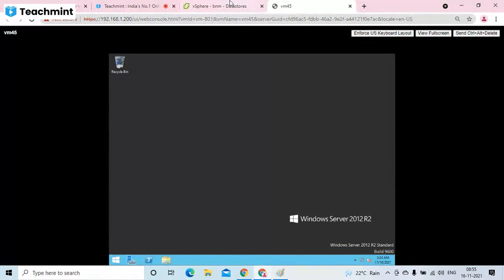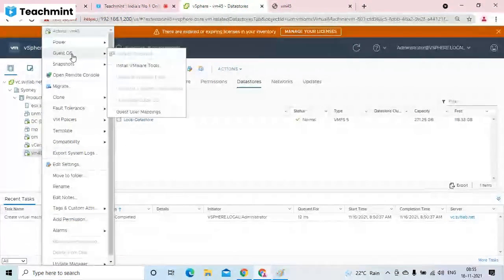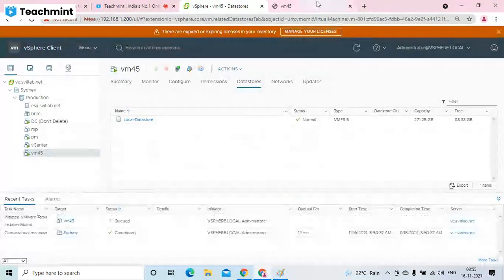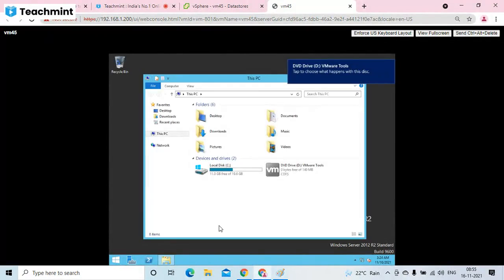So quickly, I'll show you how to do that. This is the machine. Right click on it, guest OS, install VMware tools, and now go inside. Go to File Explorer. You have to use tab only. Mouse will not work here.